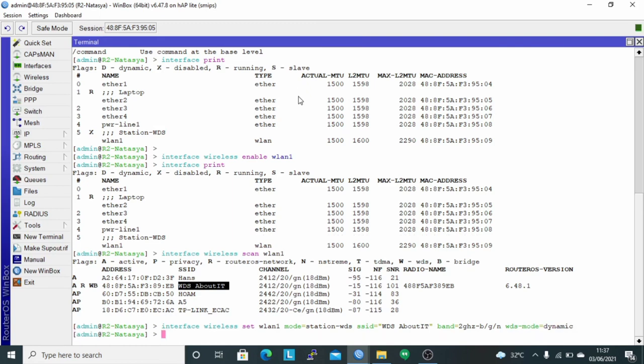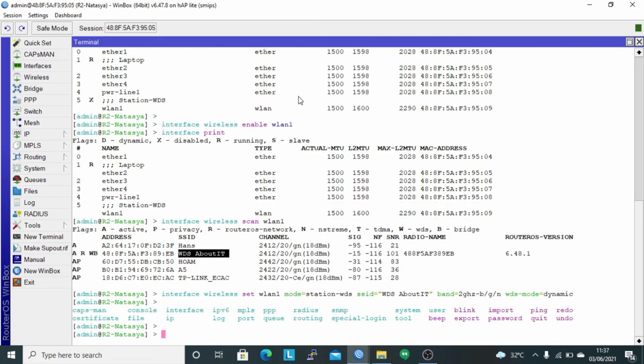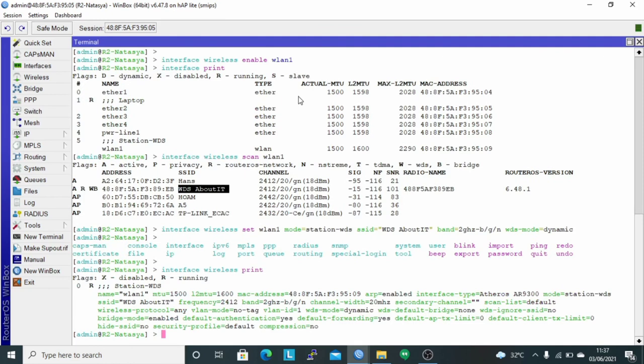If ready, press enter and check with the command interface wireless print. It appears that the interface WLAN 1 is running, which means router 2 is connected to router 1 using wireless and connected with the access point WDS-about-IT.